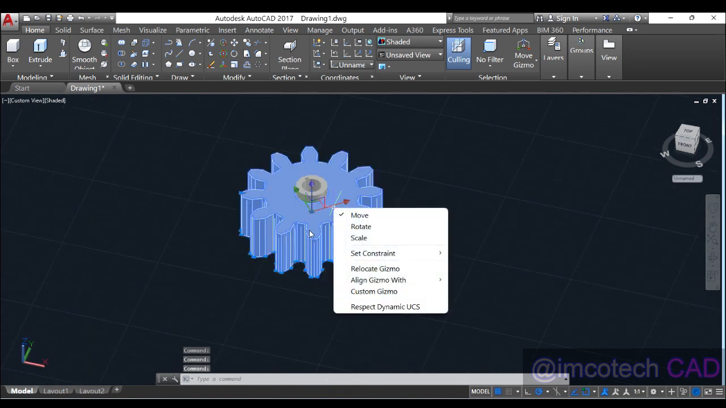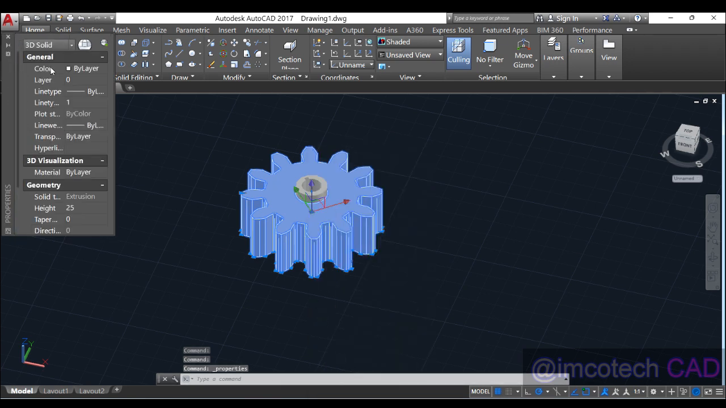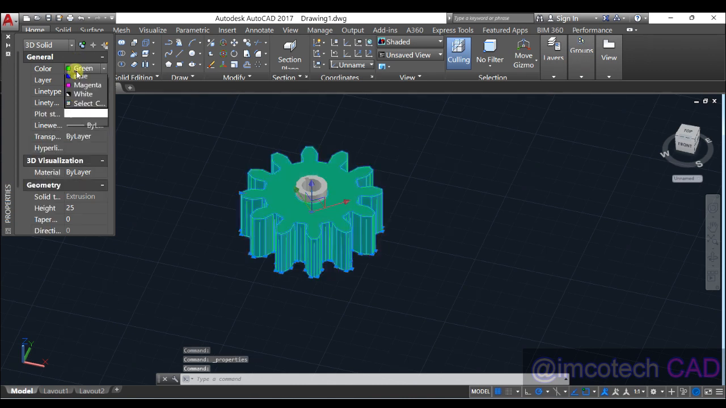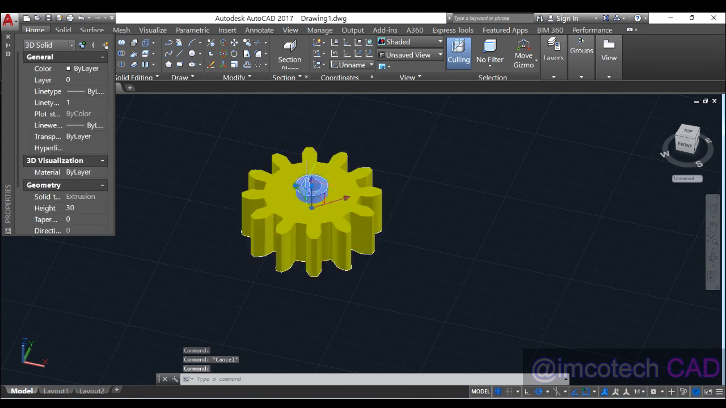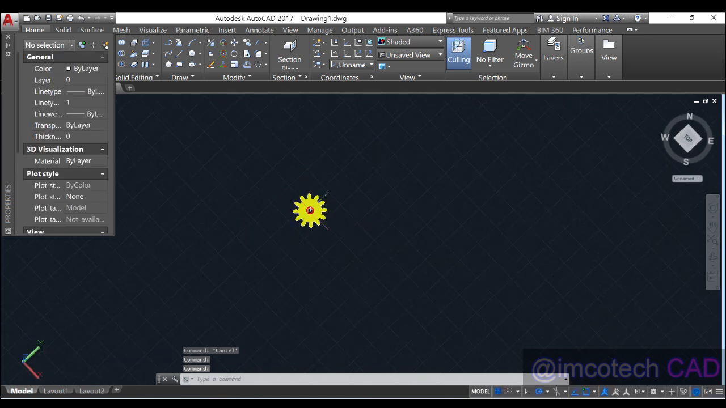Now we're going to just put some color on this work. So we're clearing properties, and as usual I'm going to put green color. Okay, well, if you prefer yellow, fine. I want to put color on this as well, and say red. Look at this,